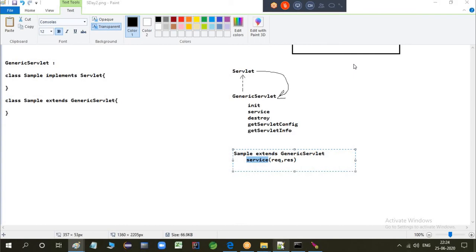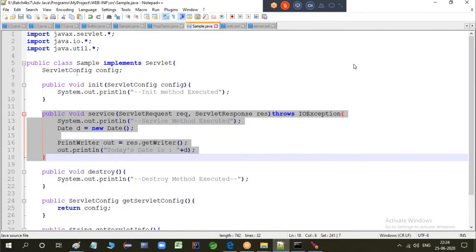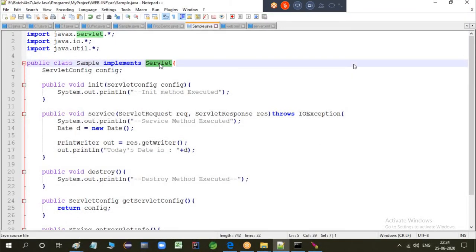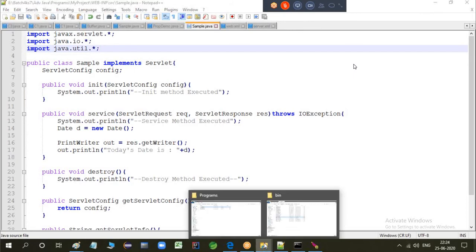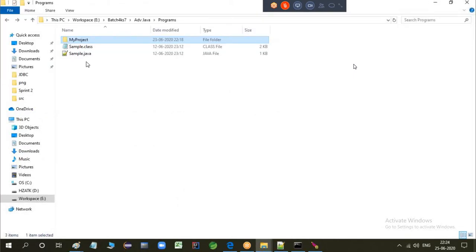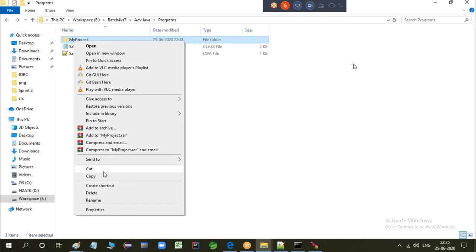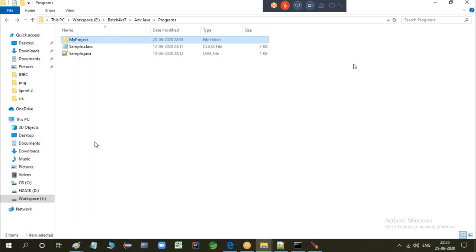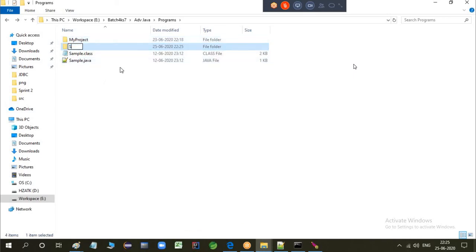Any questions on the point? So can I write one project here? Create a new project, new class. Instead of implementing Servlet, I'll do one thing. I'll take a copy of this project, copy and paste, and name it Generic project.